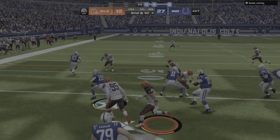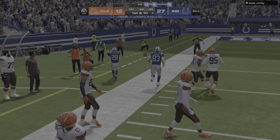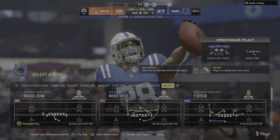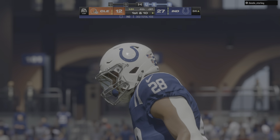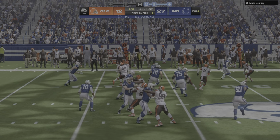Now a give to Taylor. And he is out of bounds inside the 35. 76 yards rushing here for Taylor. He's got a first down. No doubt those are the types of carries they're